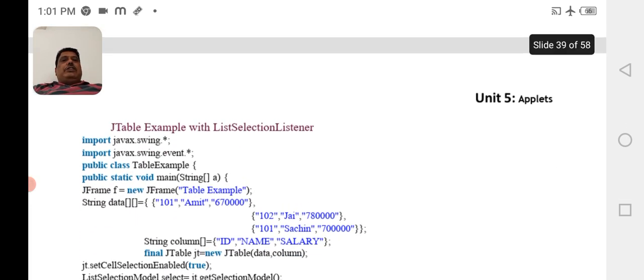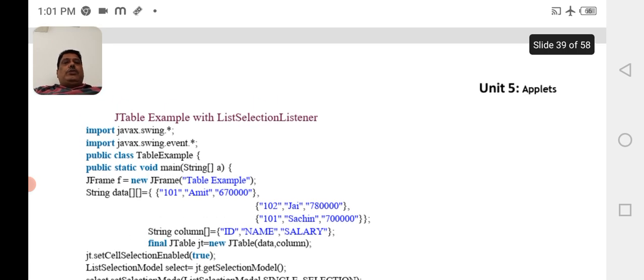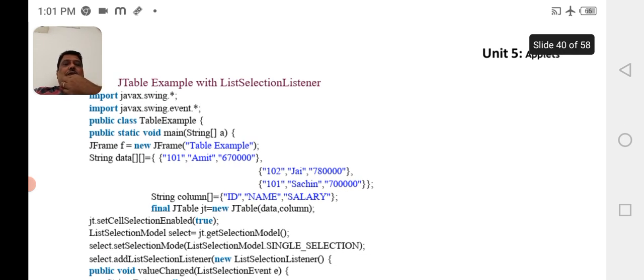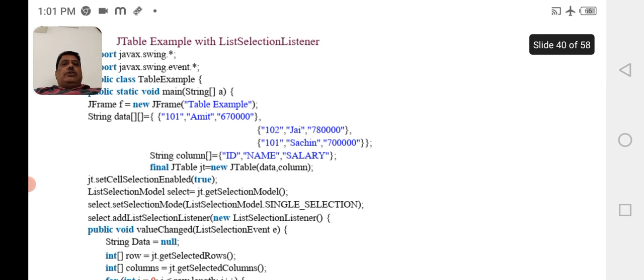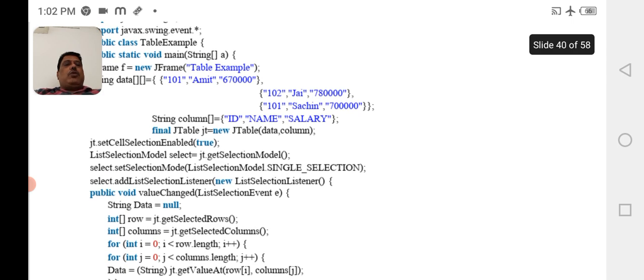Now the JTable example with list selection listener. Import javax.swing.*, import javax.swing.event.*, public class TableExample, public static void main(String[] args), JFrame f equal to new JFrame("Table Example"), String data, String column, final JTable jt equal to new JTable(data, column), jt.setCellSelectionEnabled(true), ListSelectionModel select equal to jt.getSelectionModel(), select.setSelectionMode(ListSelectionModel.SINGLE_SELECTION), select.addListSelectionListener